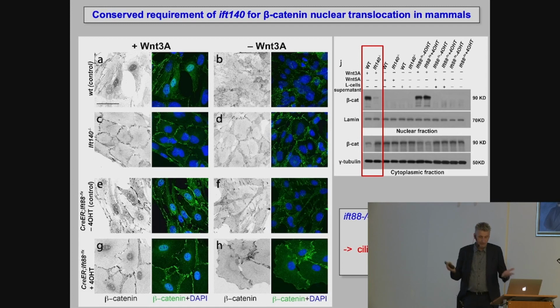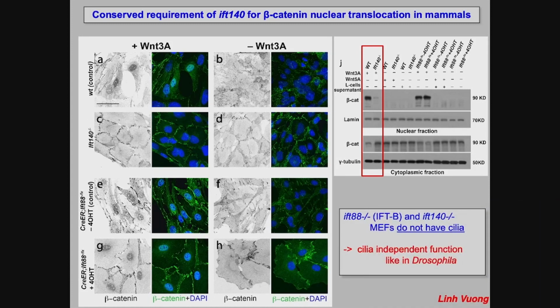This was all Drosophila specific, so we did both the genetics and this initial biochemical and co-localization assays in Drosophila, but obviously we wanted to show that this is a conserved mechanism. So we asked the question, can we look at mouse cells or mice in general to find a similar mechanism? So this is now an experiment done with mouse embryonic fibroblasts that are either wild type or mutant for IFT140 in